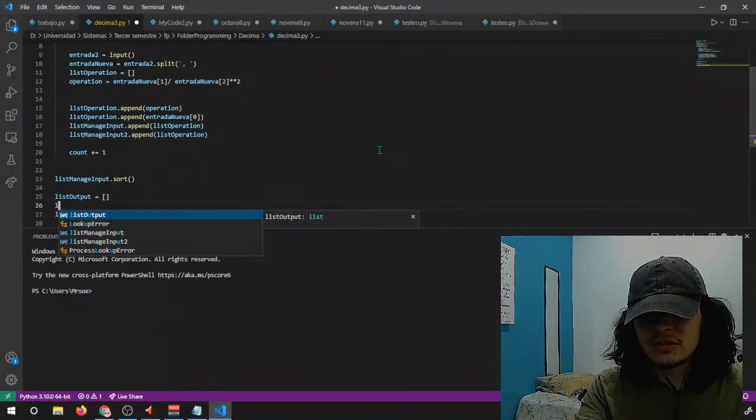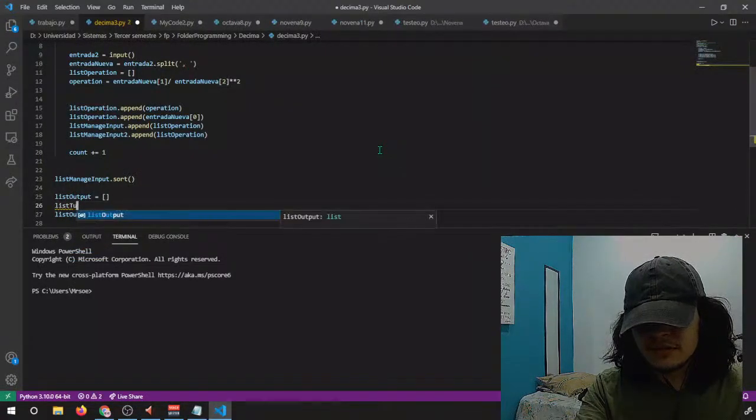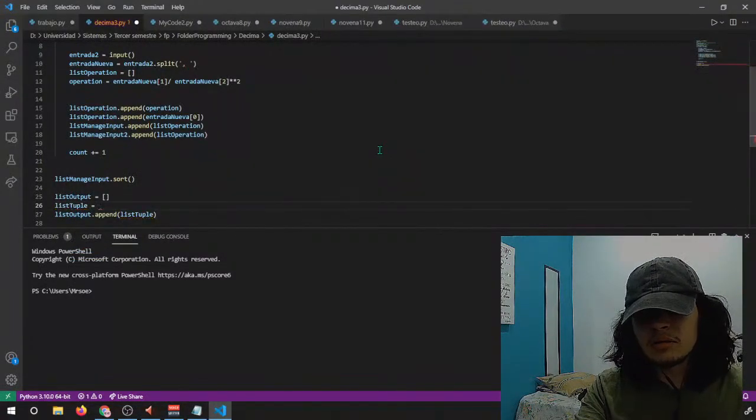This tuple, list tuple is loaded with what? With the list management or the input one, and this will be loaded with what? This will be loaded with